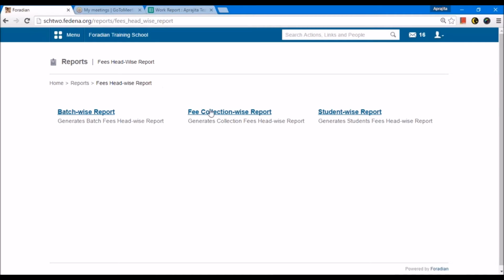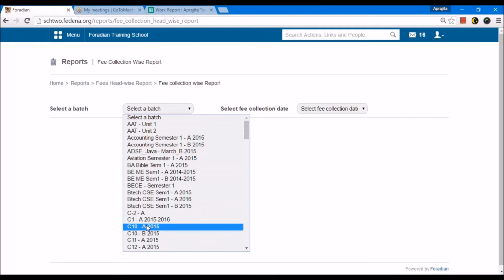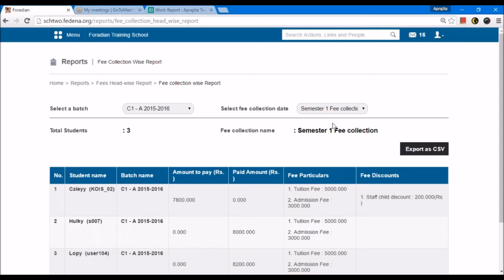The next one is fee collection-wise report. So you can get the report of the fees that is collected based on a particular collection that you have created for a batch. For example, I can select a batch here and all the collections that I have created for this batch will appear. I can select a collection for which I want to see the details.